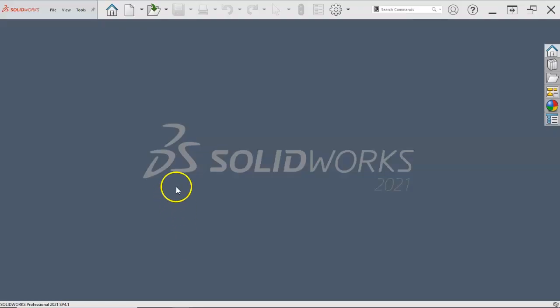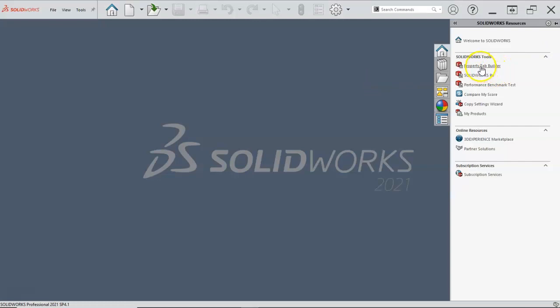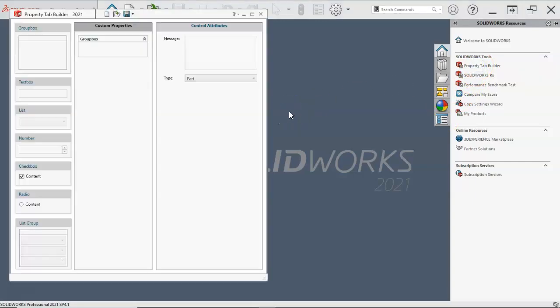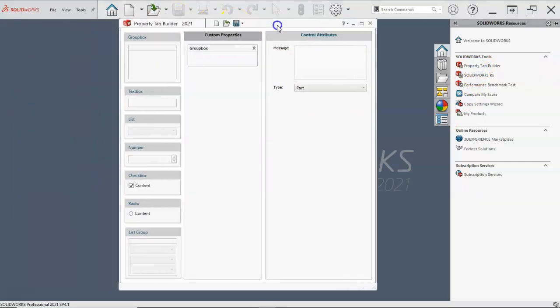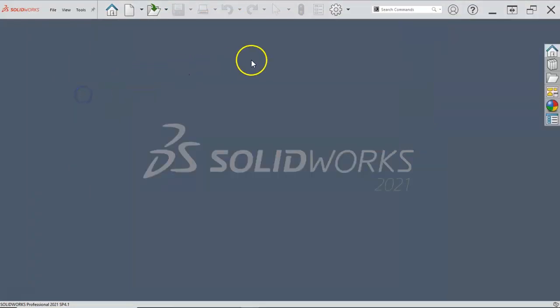I thought about what I wanted to do with the properties and have these aligned and associative between the parts and the assembly. So we go to Property Tab Builder, again from the Start menu. If you're in the Drawing module and haven't created one, and click on the Custom Properties, it will ask you to do so. And since I've created the part template,